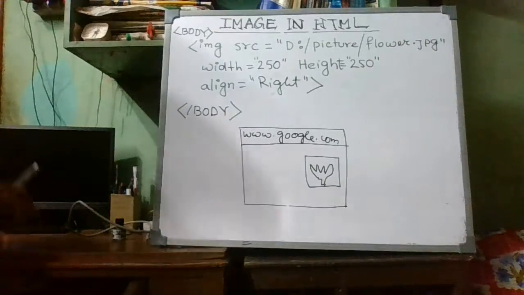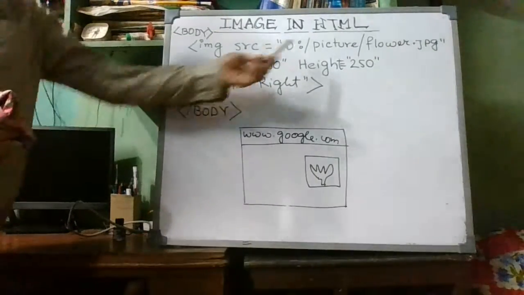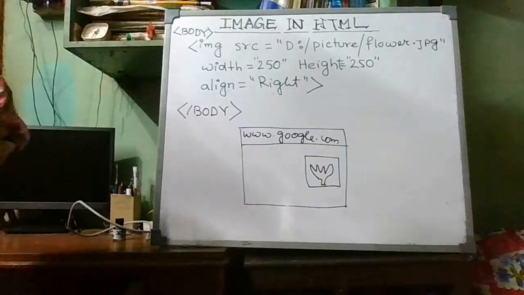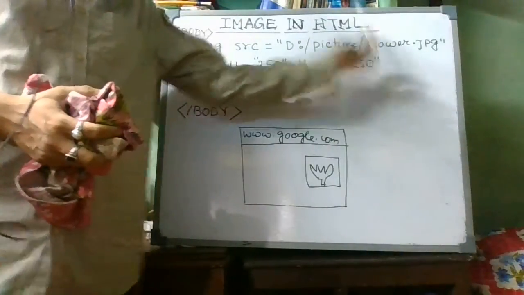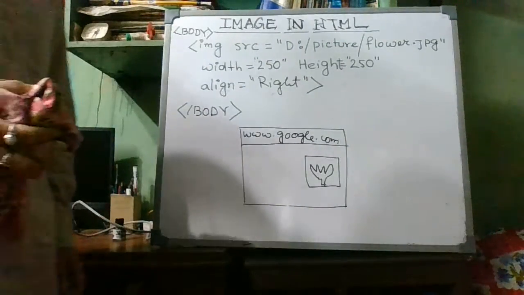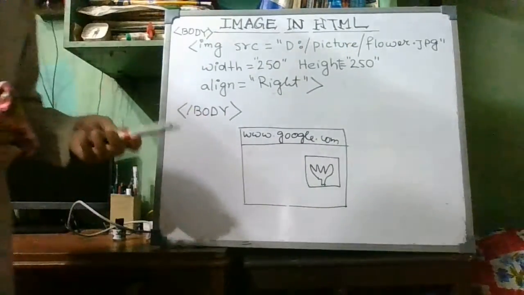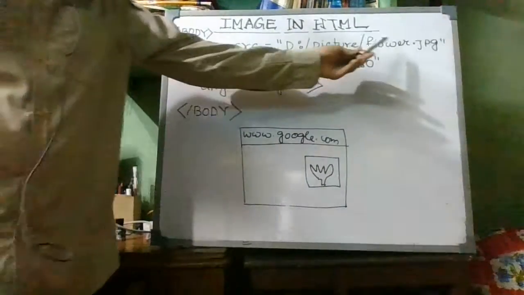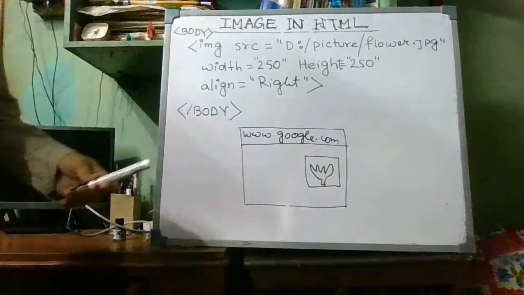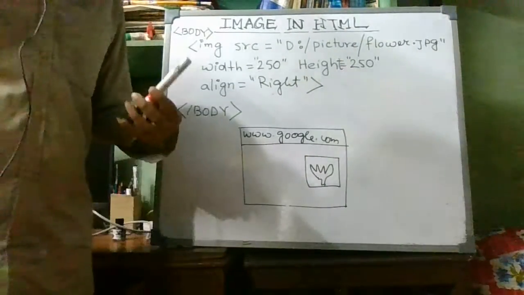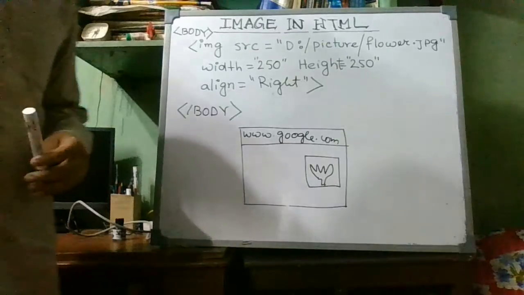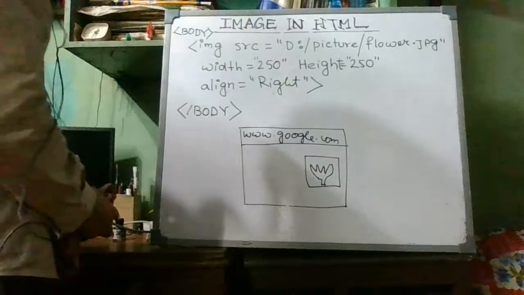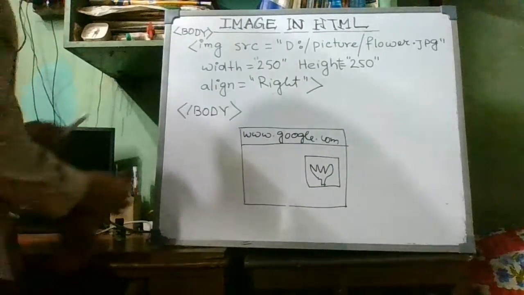After that, suppose in that particular folder, unfortunately you have deleted this picture. You cannot remember, but you have deleted this picture, and you have mentioned the picture name here. What will happen? In this kind of scenario, we use the alt attribute of the img tag. So let's see what we are doing.